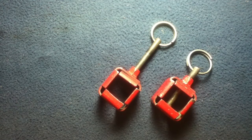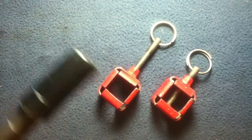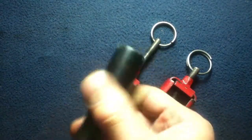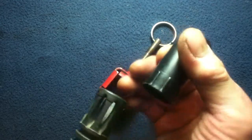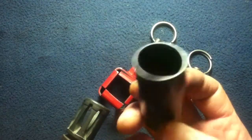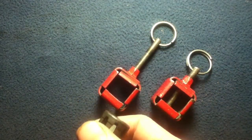I just happen to have a barrel here. Don't freak out, there's nothing attached to this. You can see it's quite light. I do have a little plastic cap on here just to keep the elements out. You might want to pick one or two of these up for yourself because these are handy dandy, particularly if